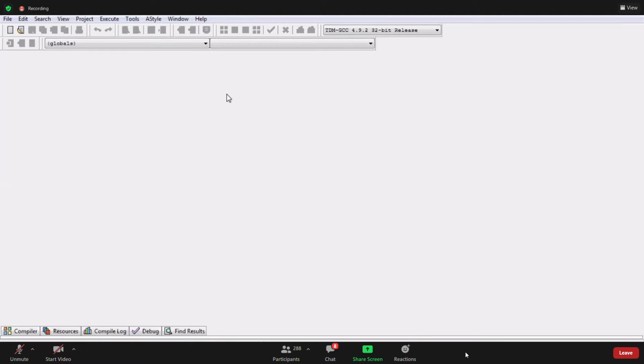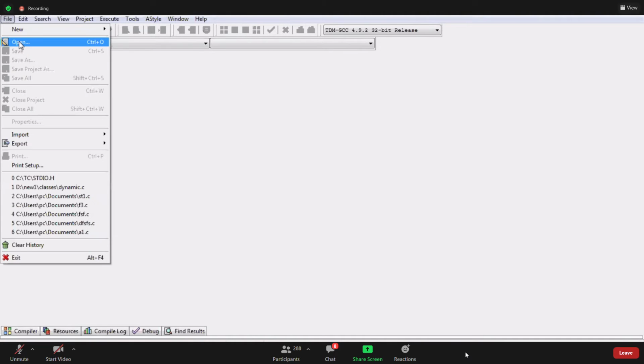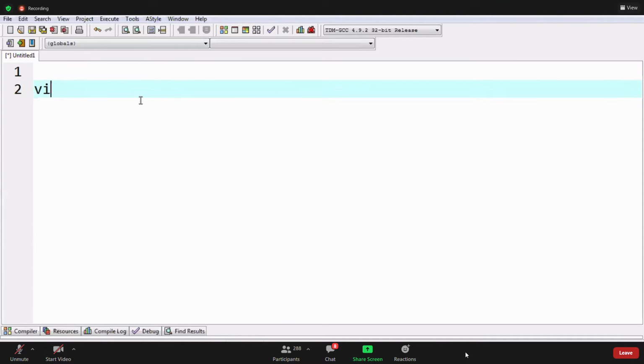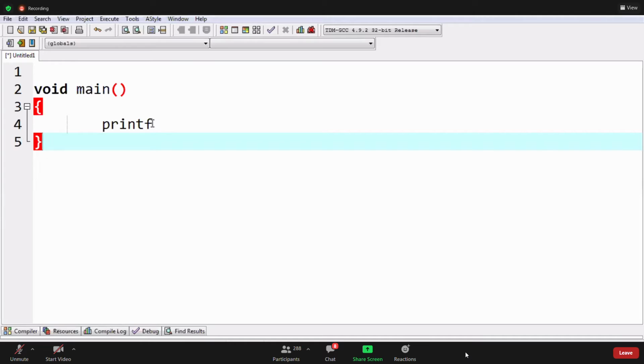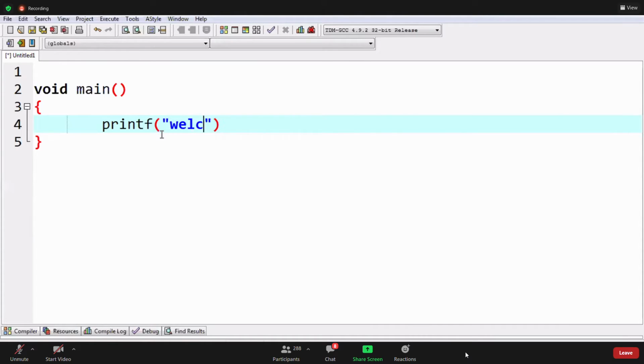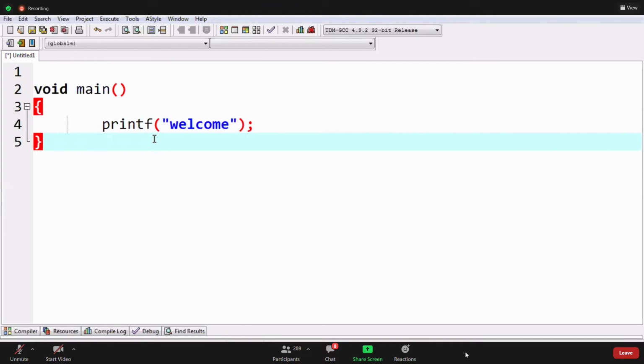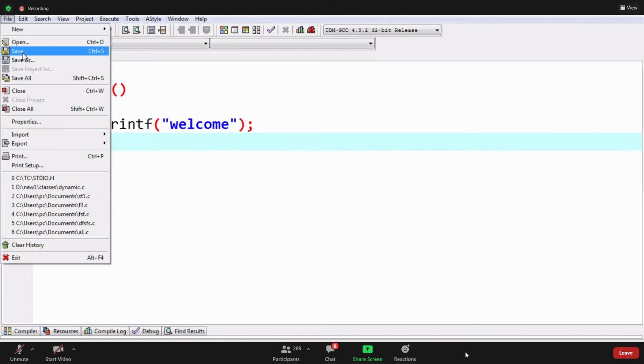Guys, how does it work? If you write any printf statement, how does it execute? Okay, this is a printf function I am writing. You have to check how it works also, right? See this, this is the printf I have written. Some statement I have written, guys. Printf of welcome. Save as .c extension.